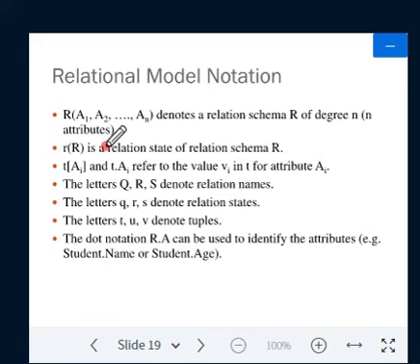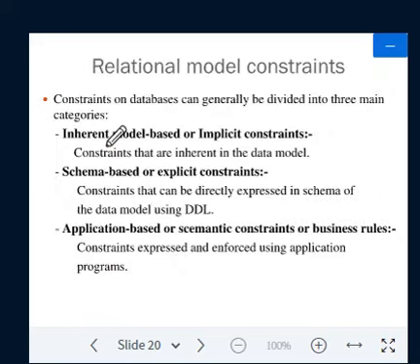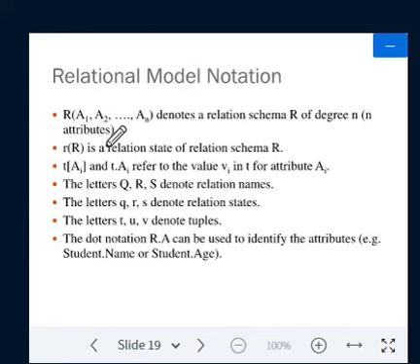Next, we have some notations to define a relation. To define a complete relation schema, we have R(A1, A2, ..., An).